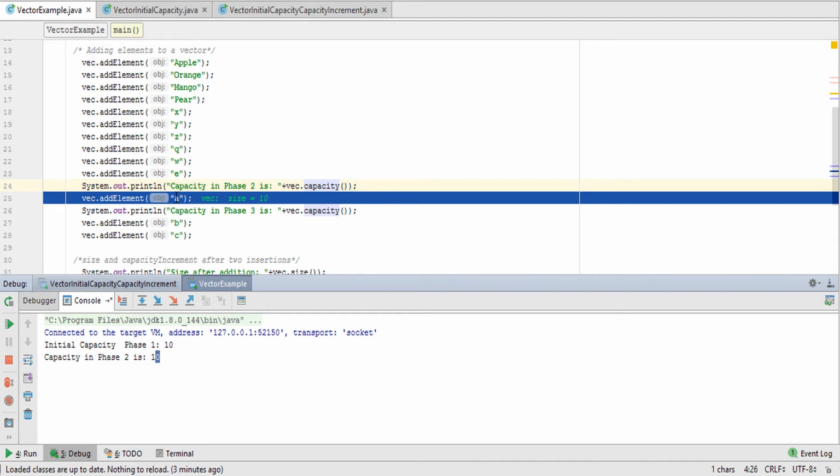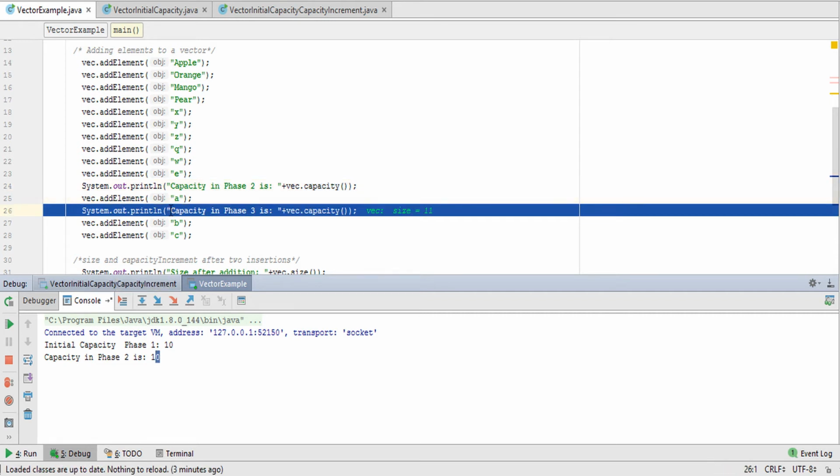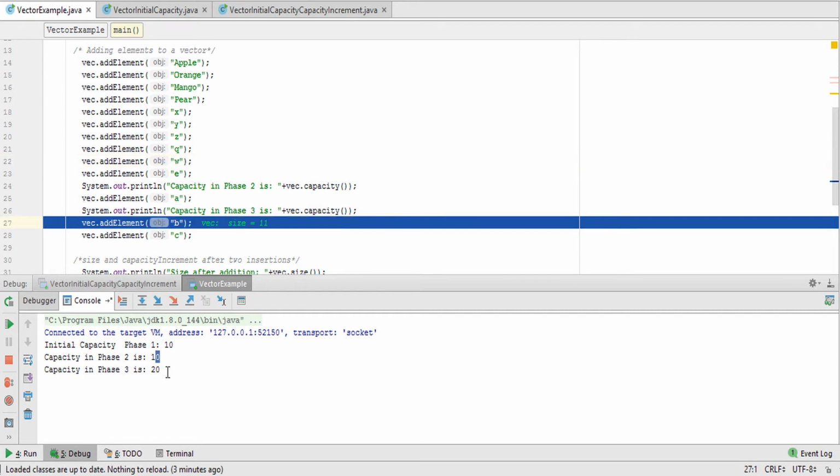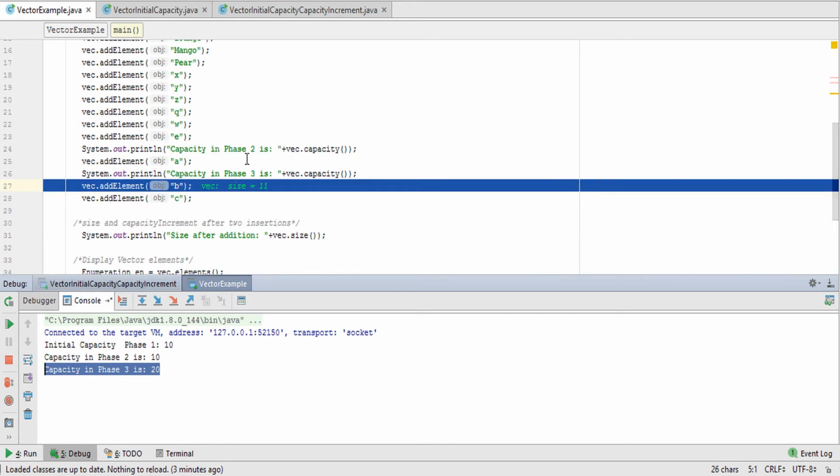As soon as we insert the 11th element, the capacity will become 20. So let's add the 11th element, a. We have inserted the 11th element, see the size is 11, and now you will see that the capacity will become 20. You can see that the capacity is now 20 because of the insertion of the 11th value.